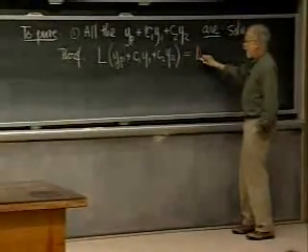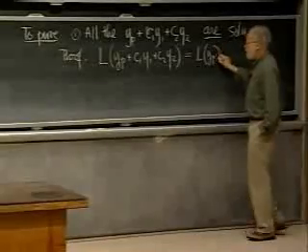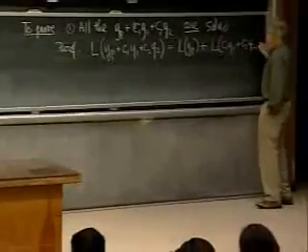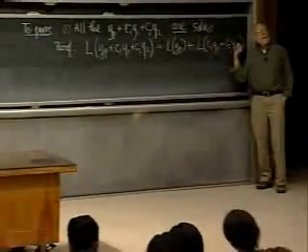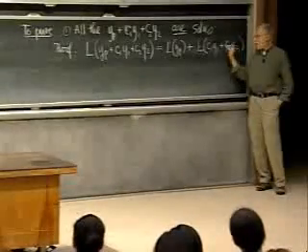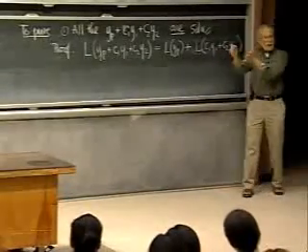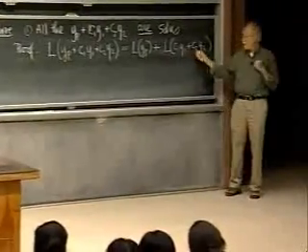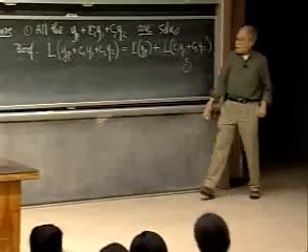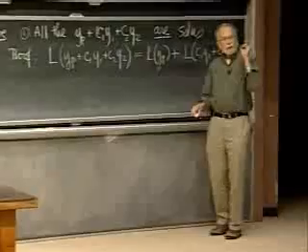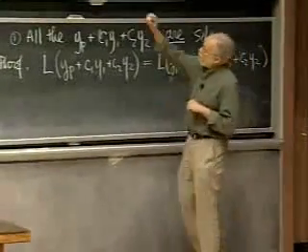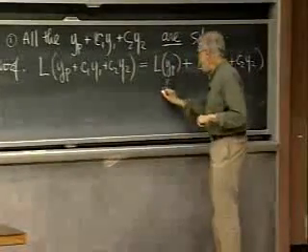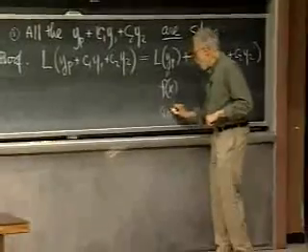Okay, this is L of y sub p plus L of c1y1 plus c2y2. But what's that? What's L of the complementary solution? What does it mean to be the complementary solution? It means when you apply the operator L to it, you get 0, because this satisfies the homogeneous equation. So this is 0. What's L of y sub p? Well, it was a particular solution to the equation. Therefore, when I plugged it into the equation, I must have gotten out on the right-hand side f of x. So this is f of x, since y sub p is a solution